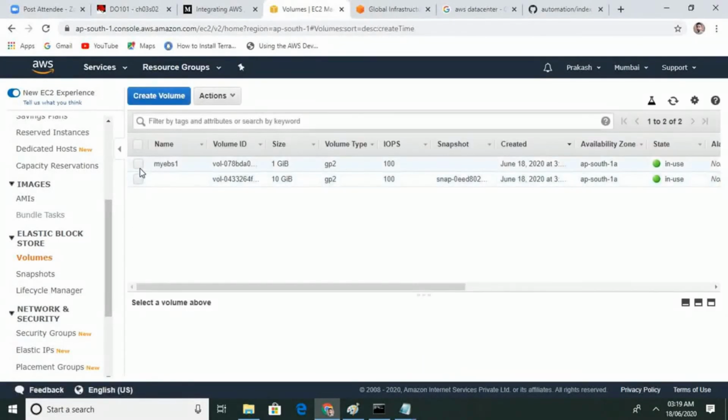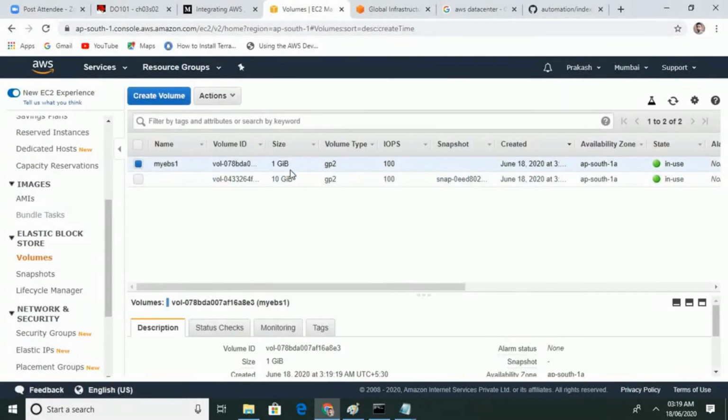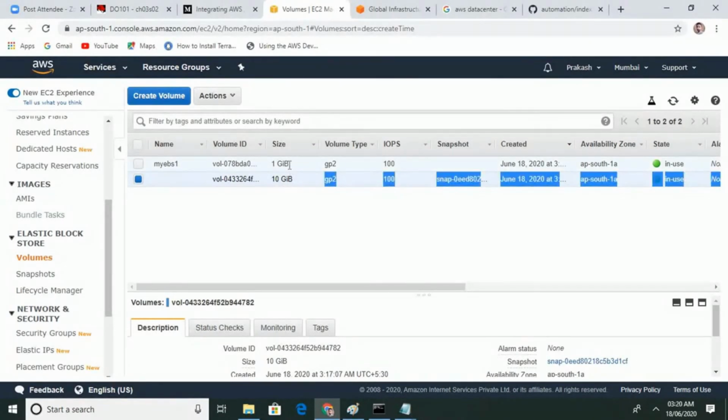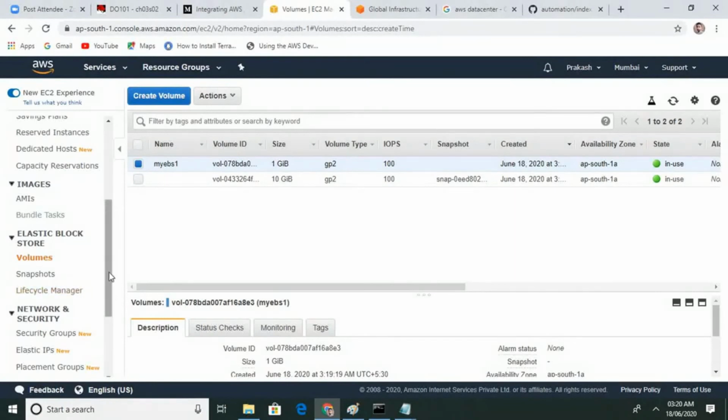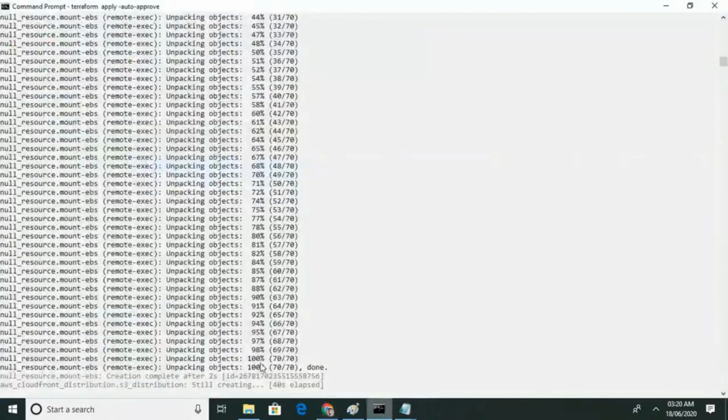You can see here this is 1 GB. This 10 GB is of instance, which we have launched. This 10 GB volume is of instance, and this 1 GB is a volume. Now they are mounting that with a folder